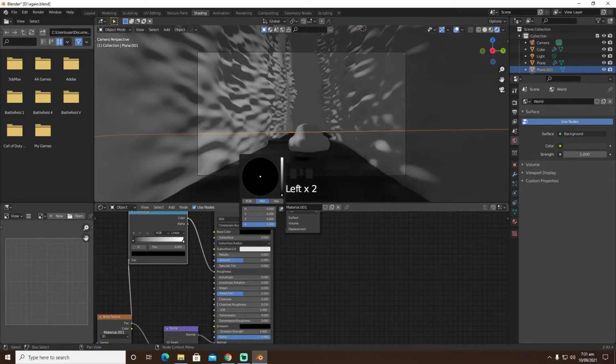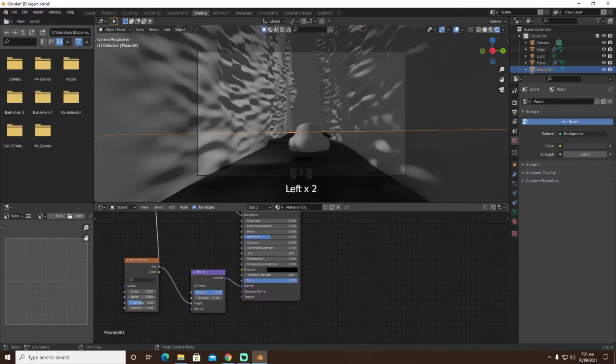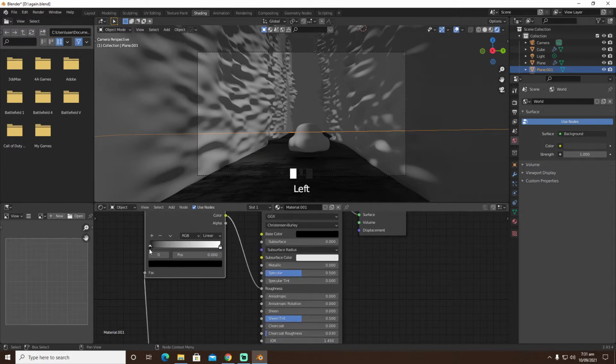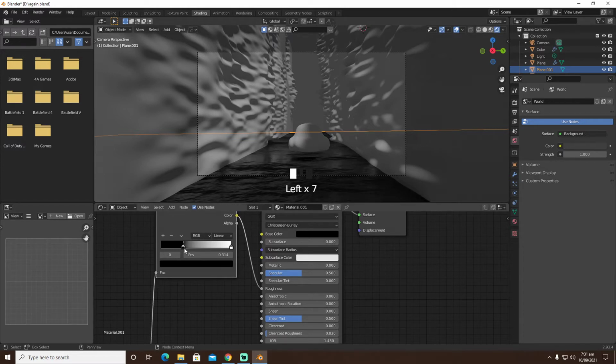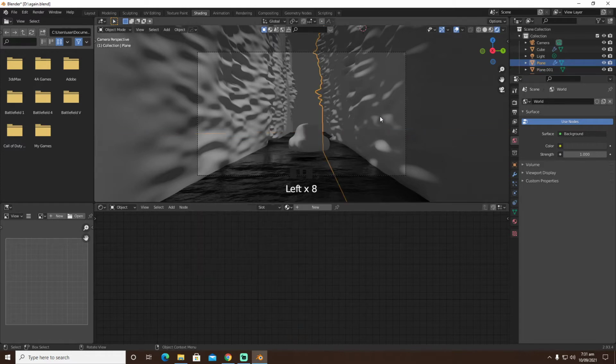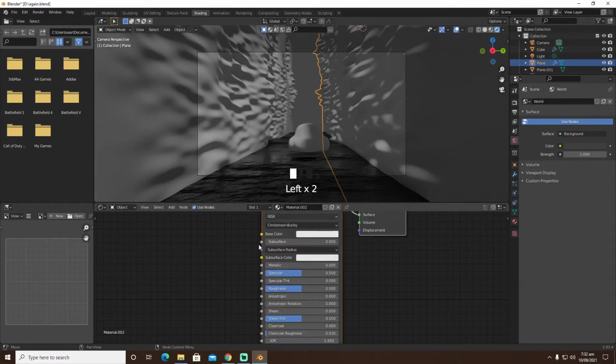I'm gonna bring the base color down a bit. I'm gonna bring the detail up, and we are going to bring it down to right about here. Alright, so we're gonna select this guy and we're gonna create a new material, and we are going to add